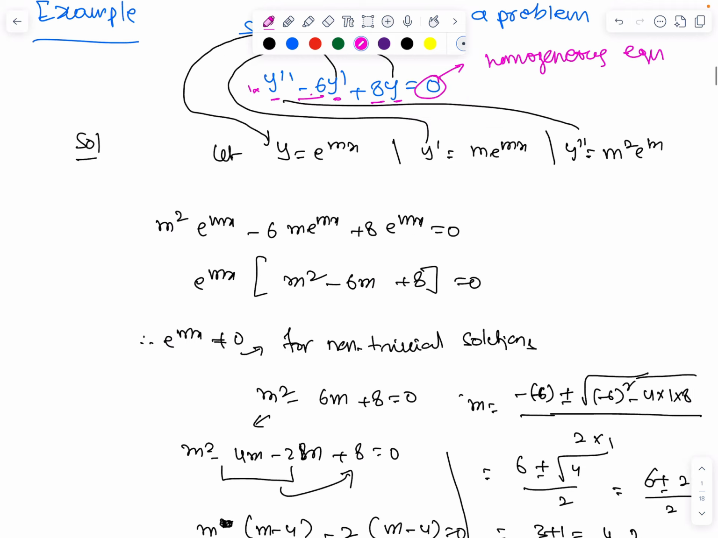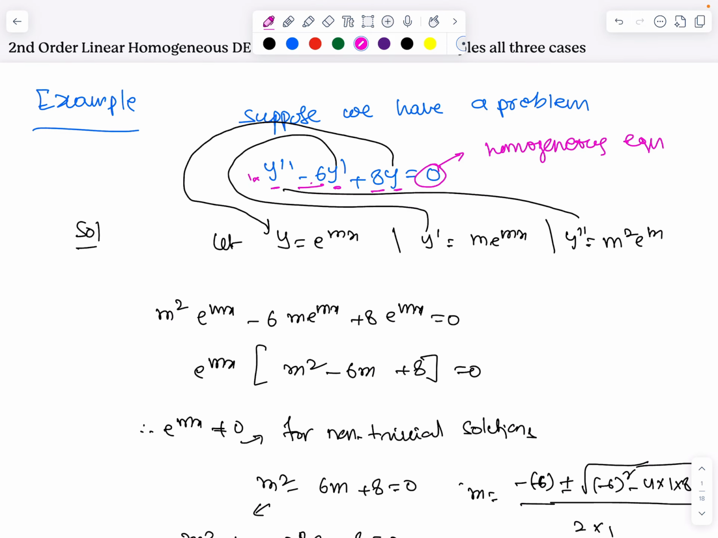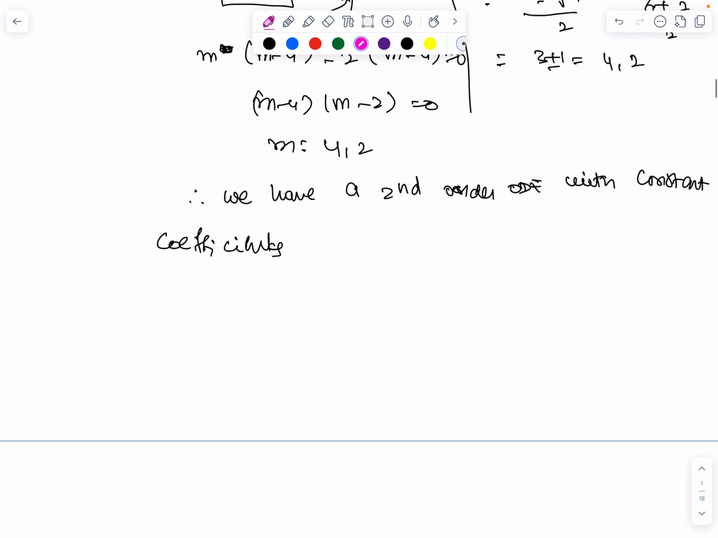And it is a second order differential equation, so you should have two roots. Therefore, the roots are 4 comma 2. These are distinct real roots. Therefore, your solution, that is the complementary solution yc or yh, y homogeneous, whatever it is, or the general solution,